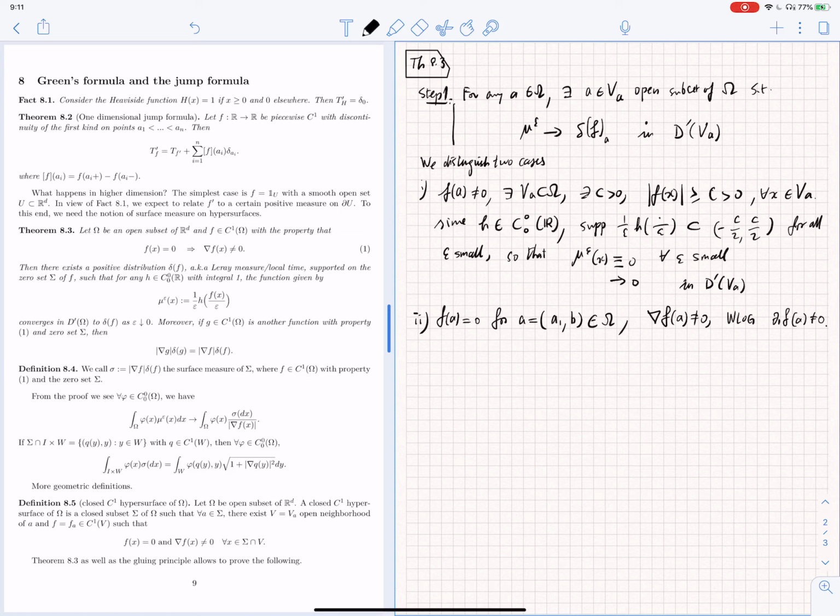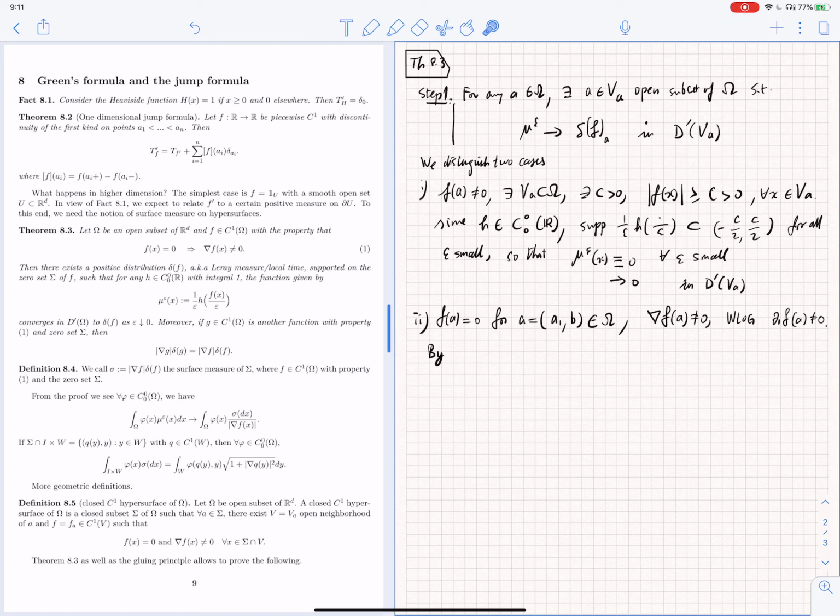Okay, up to a rearrangement of the basis vectors in R^d, we can always do this. So now, from this condition, we have a function that takes the value 0 on A, and one of the partial derivatives is different from 0. Then we can apply the implicit function theorem to find a relation between the first coordinate and the second coordinate, such that f of